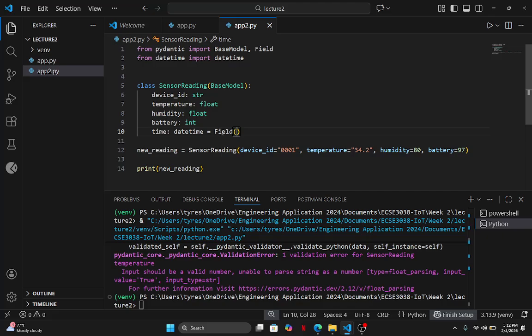Let me do that with the battery first to show you. So int equal Field, and I'm going to say greater than or equal to 0, comma, less than or equal to 100. Let me take this one out temporarily. So what I have here are some constraints on my battery field. It is an int, but it must be greater than or equal to 0 and less than or equal to 100.